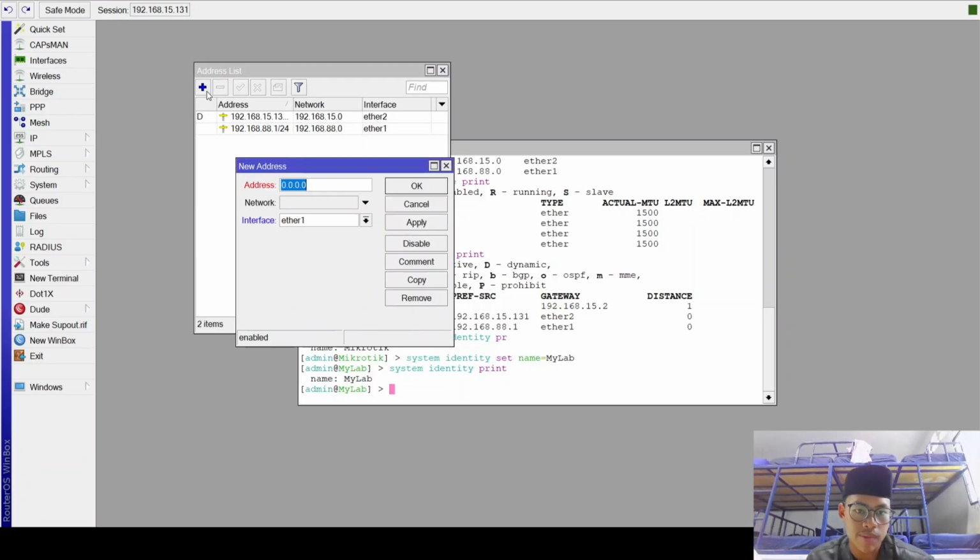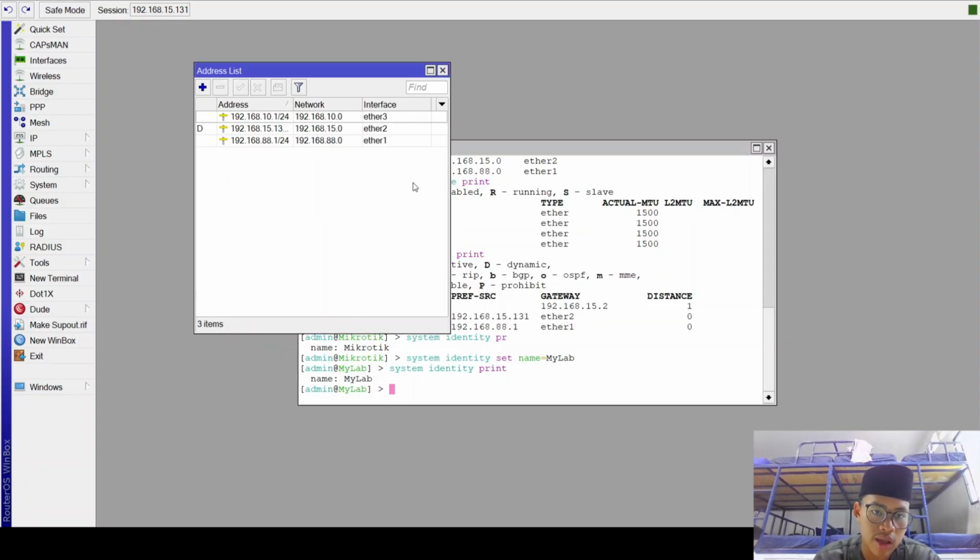For example, add an IP address, then add the interface, for example ether3, and apply, then okay.